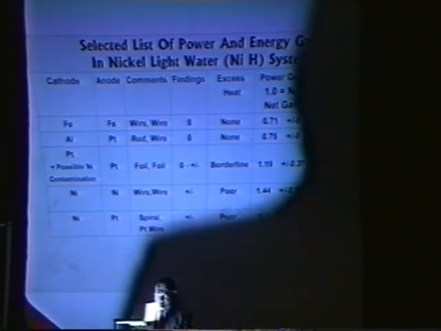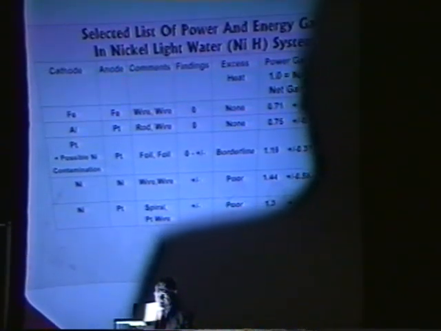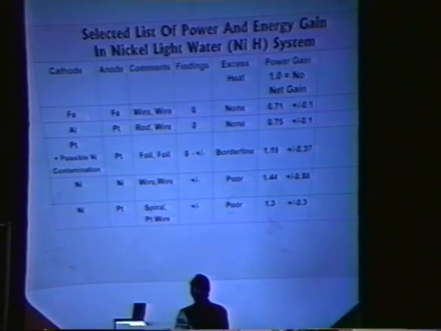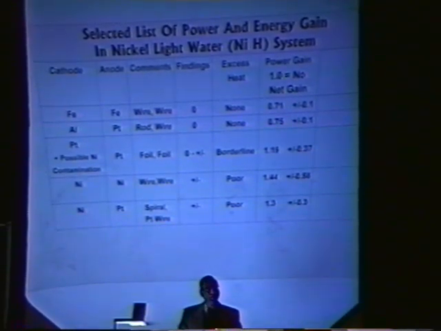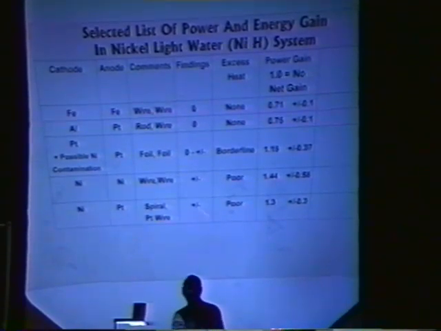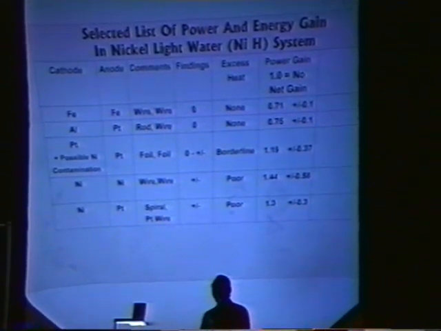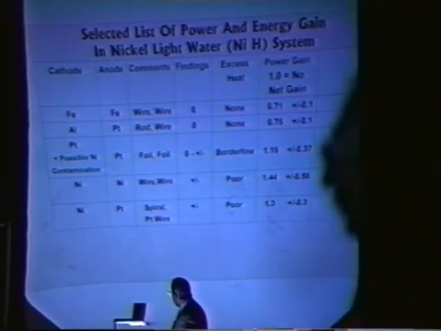This is the first half of the table, showing the summary of our findings. For example, when we use iron versus iron, we never get excess heat. When we use platinum versus aluminum, no excess heat. When we do platinum versus platinum that has been contaminated with nickel, we do see low-grade possible excess heat, but at very wide levels, so we rule it out. Nickel wire, we get very low level excess heat, and same thing with the platinum versus nickel spiral. However,